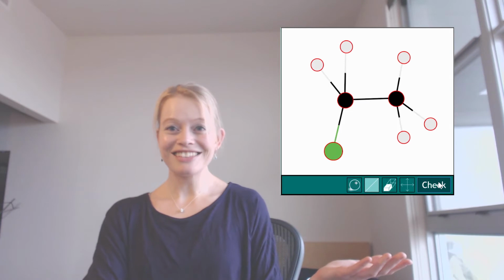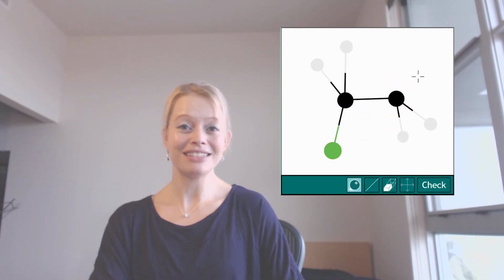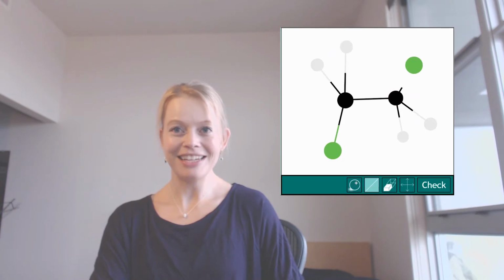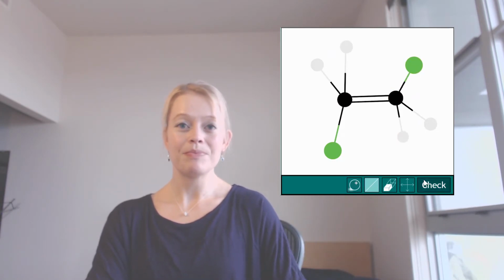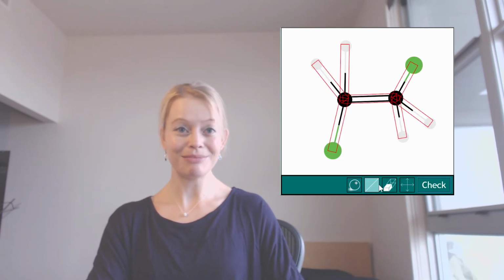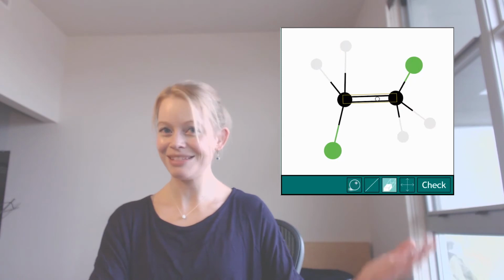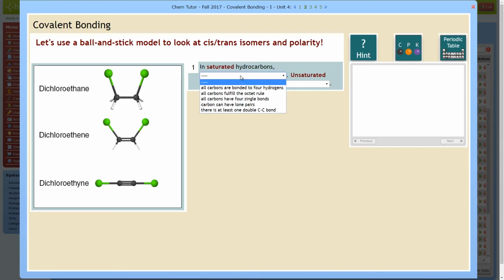But now it looks like these aren't the right atoms, so the student deletes a hydrogen atom and places a chlorine atom instead, and now she adds a double bond between the two carbons. But now ChemTutor tells her the bond is wrong, so she changes it back to a single bond, and that seems to be correct. In ChemTutor, we're using this ball and stick tool in problems where students are prompted to